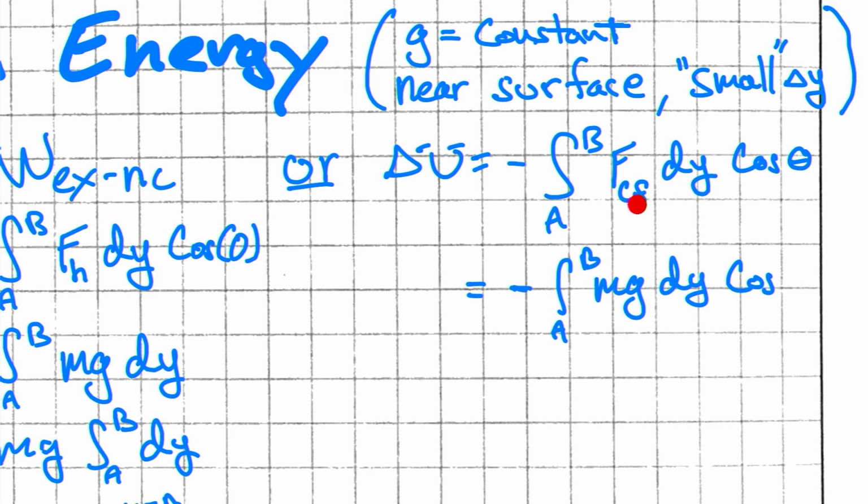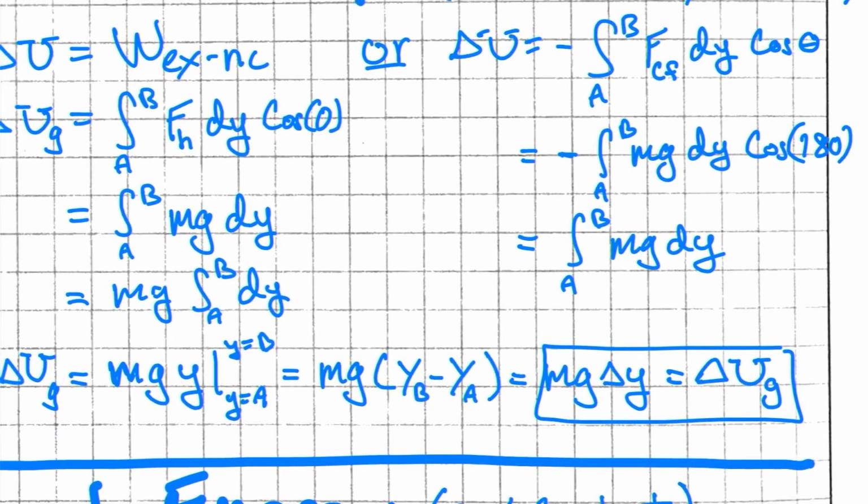Now gravity pulls down, but we are moving up, and that is a direction of 180. So that will become -1, which will again cancel with the negative in front. So we're left with the integral from A to B of mg dy, and that should look familiar because it's